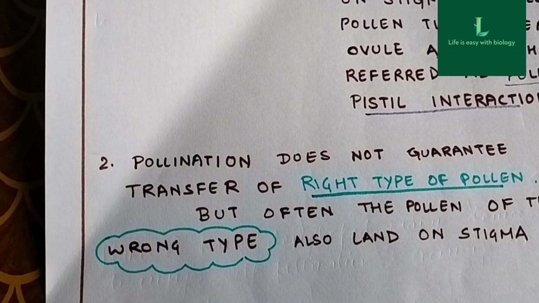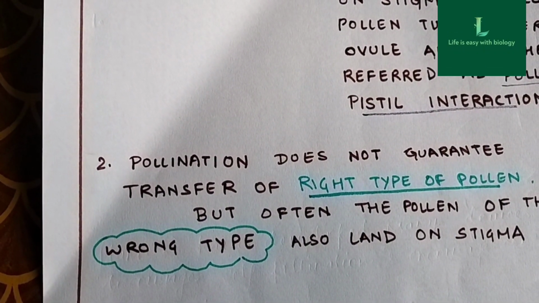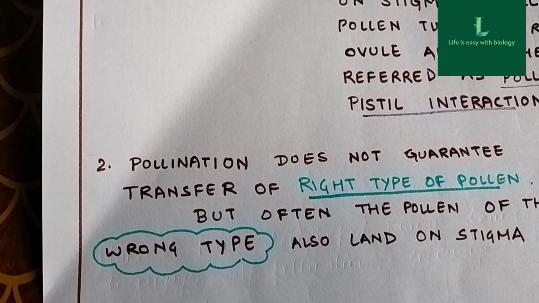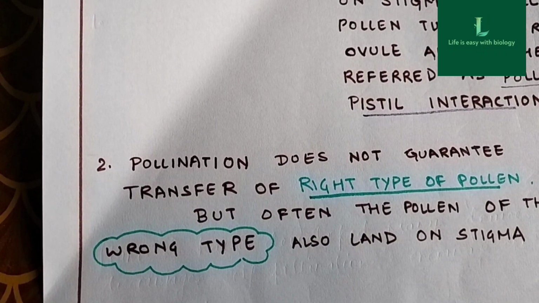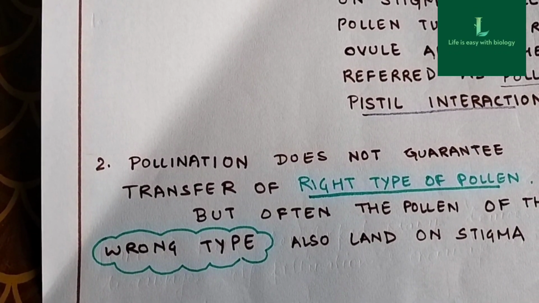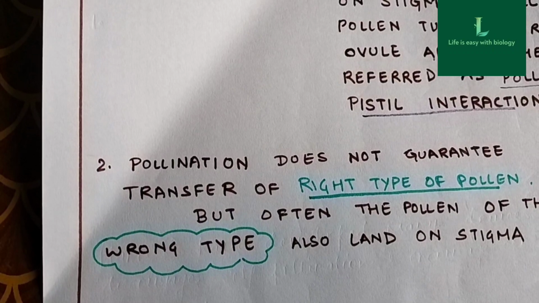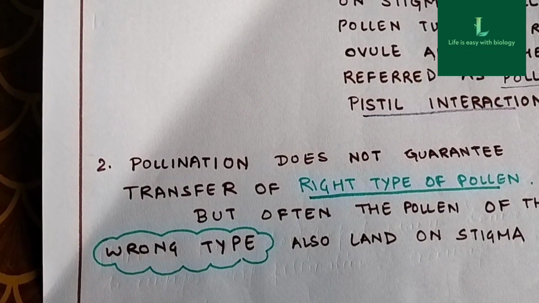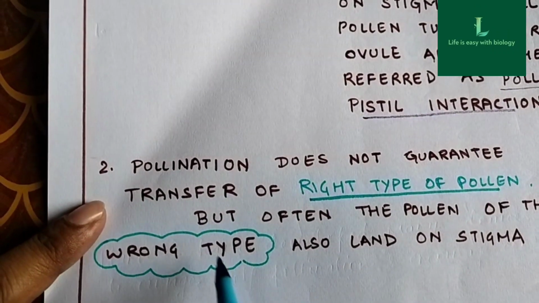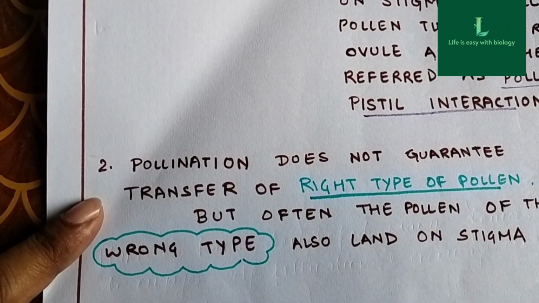Like for example, you can take that there are so many students in your class, right? All of your classmates, human beings of your same age, are called classmates, but only few of them will be your friends, and the best ones are called best friends, right? Means only few people you are most compatible with. So same goes for the pollen grain which lands, but only certain pollen grains are compatible to the stigma on which it has landed. And most often the pollen is of the wrong type.